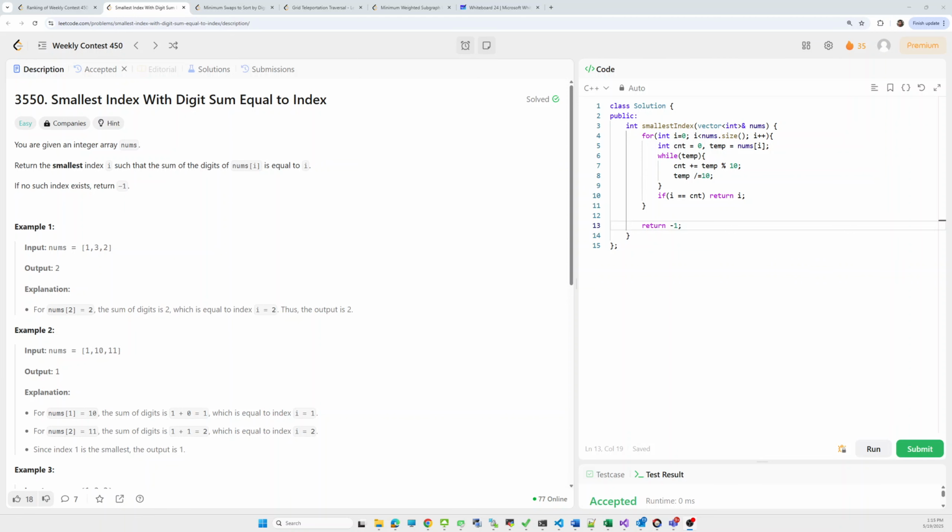What they are saying is, there is an array like 1, 2, 3 and again 3. The indices are 0-based: 0, 1, 2 and 3.